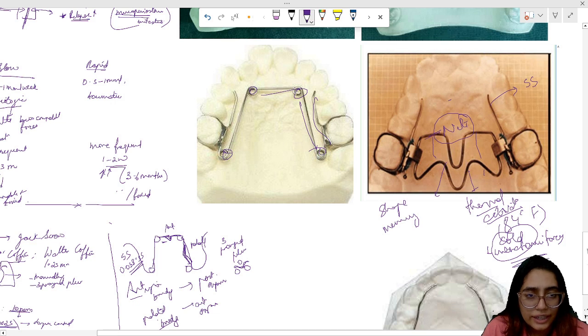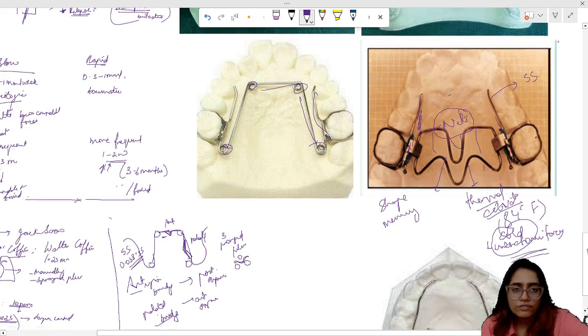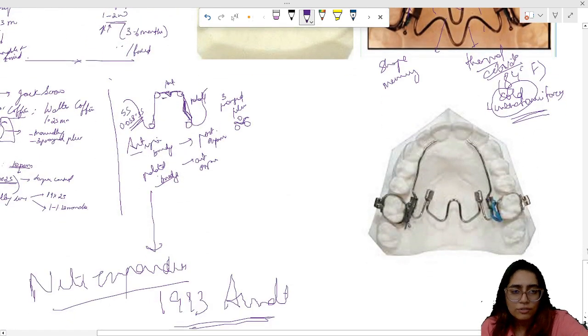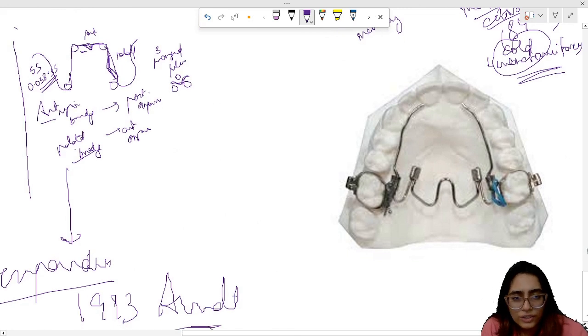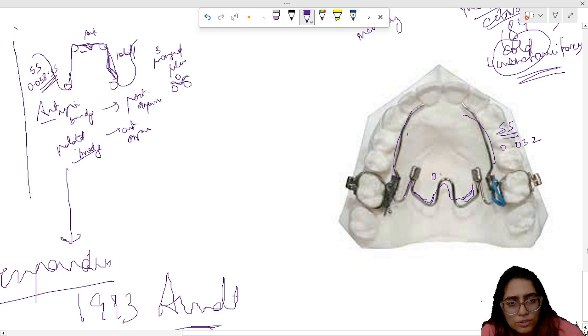So this is the NITA arm, and this is your SS arm that is used. Given below is the recent type of NITA expanders. Now they come with a single wire of NITA, and obviously the outer SS arms are still present. If you talk about the measurements, the outer arm is 0.032 and the NITA is about 0.035,